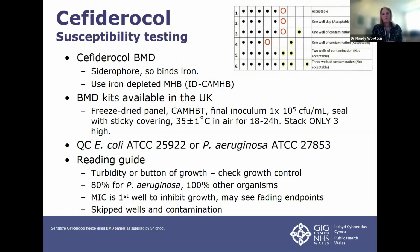You seal the freeze-dried panel with a sticky covering once you've inoculated it, and then you stack it three plates high in an incubator at 35 degrees for 18 to 24 hours. You use the usual QC organisms, and then they have a reading guide here, which, as you can see from